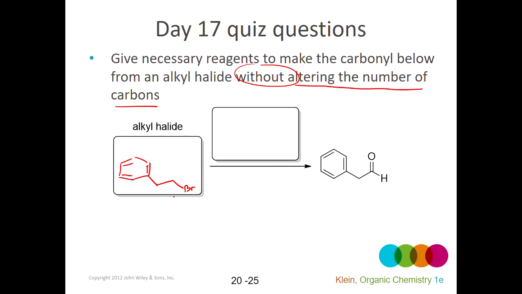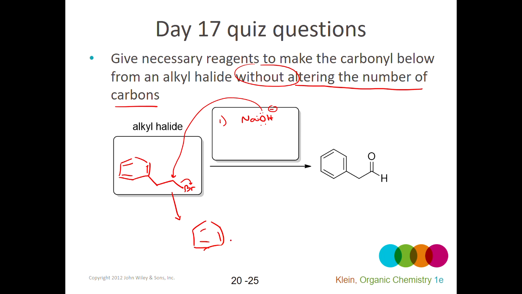There's lots of different ways to do this actually, but probably the most straightforward way would be to use some NaOH, and if your quiz answer involves something different, I'll give you feedback on that, but the NaOH is going to give me the OH minus. As a nucleophile, that would come in, since this is a primary carbon, and push out the bromine through an SN2 reaction